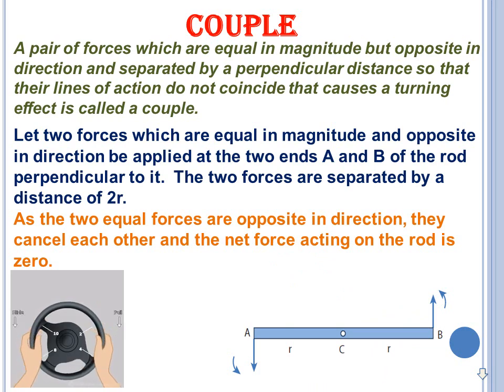The moment of the force applied at the end A, taken with respect to the center point C, produces an anti-clockwise rotation. Similarly, the moment of the force which is applied at the end B also produces an anti-clockwise rotation. The moments of both the forces cause the same sense of rotation in the rod. Thus, the rod undergoes a rotational motion or turning even though the rod is in translational equilibrium. This is the best example for a couple.